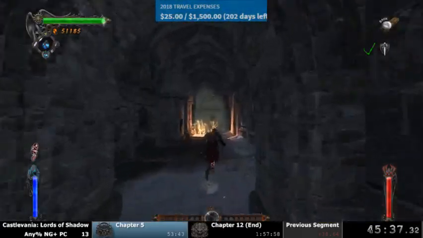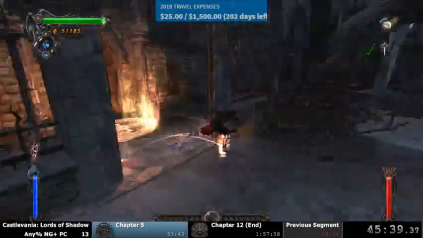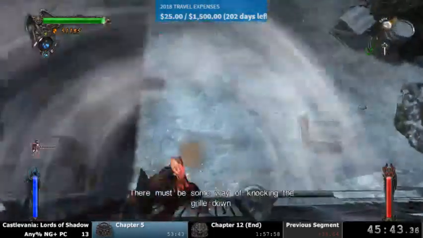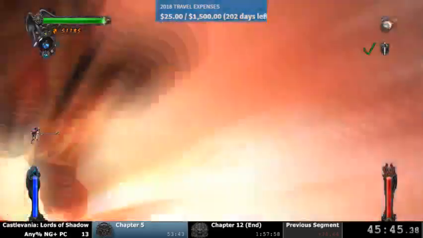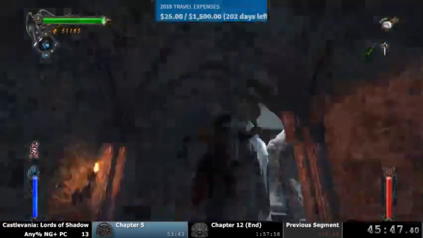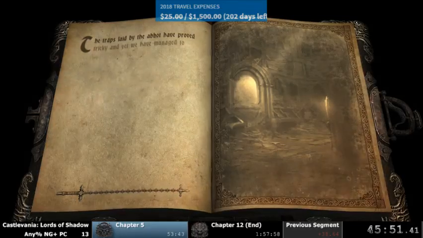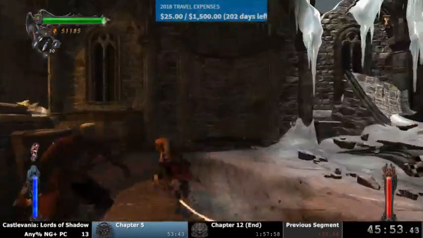We just leave good old Patrick Stewart behind to fend for himself. There's a strange device here. There must be some way of knocking the grill down. The traps laid by the abbot have proved tricky, and yet we...